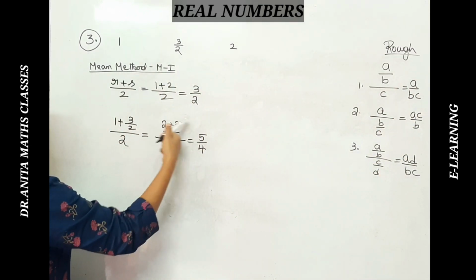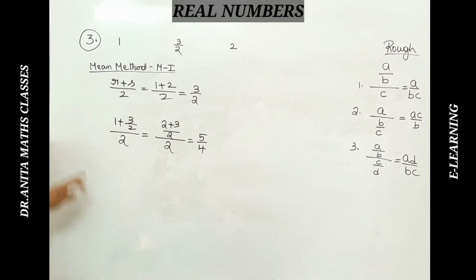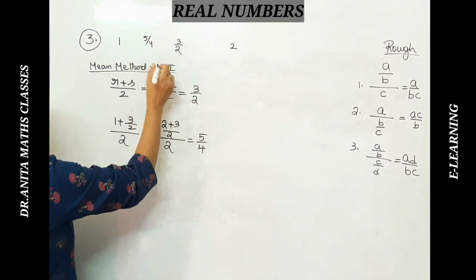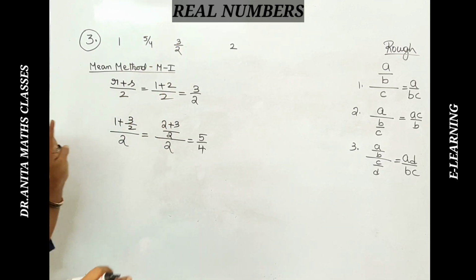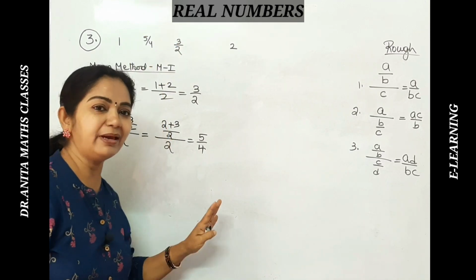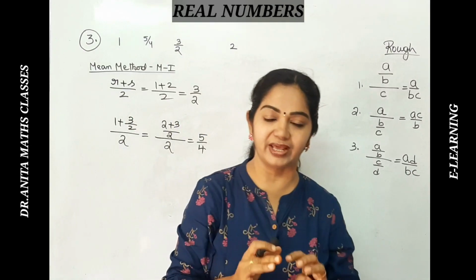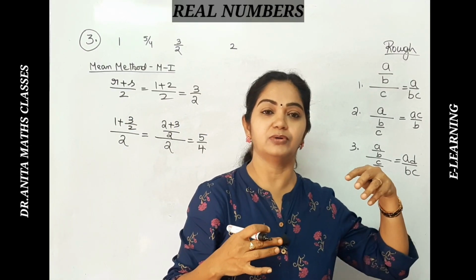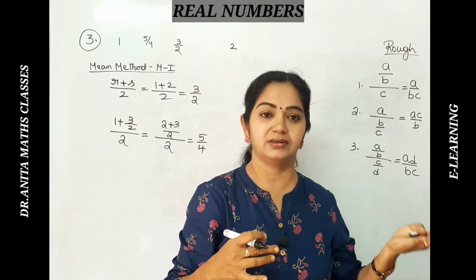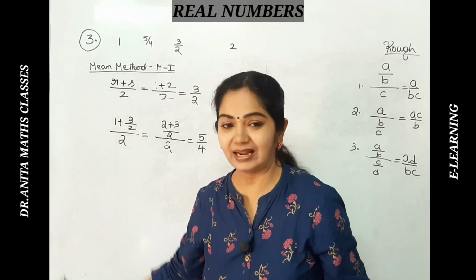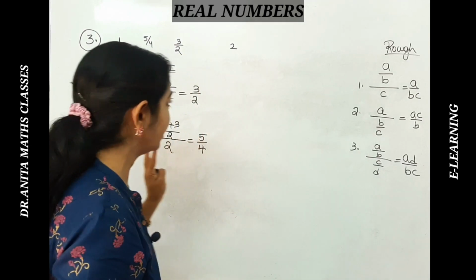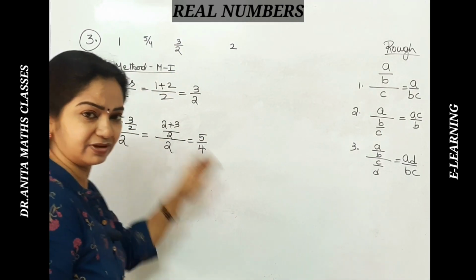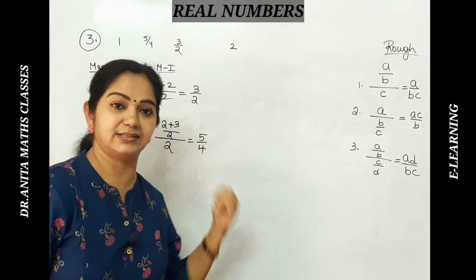Here I have taken the LCM and written it. So in between these two I got 5 upon 4. How many have I got till now? Only 2. We need to find 5. But the mean method does not work well when we have to insert more. If we want to insert 5 or more, this method will be very lengthy. If it is 7, finding the simplification becomes lengthy. We have to switch over to the second method.